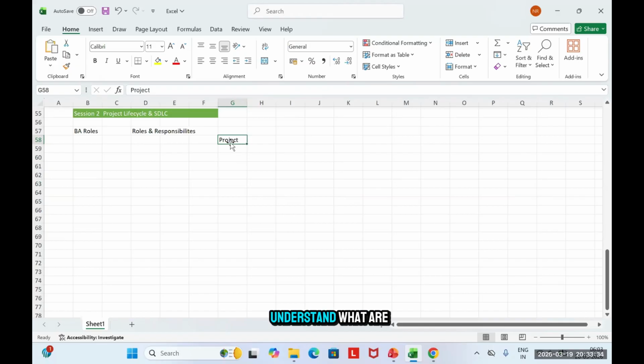So we need to understand what the phases of a project are. When you join a company and your project manager welcomes you into a project and says that now you will have to handle this project, I need to understand what this project is all about, what phase I am in, what we have completed and what is pending. It becomes crucial information for you to have complete details of a project.